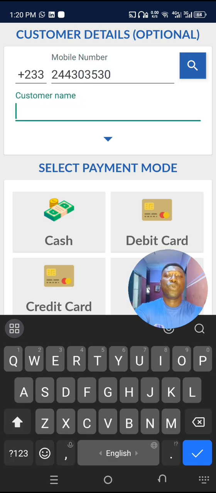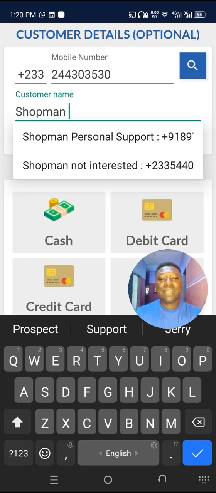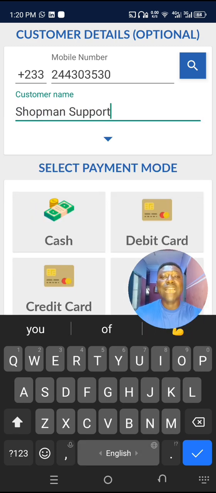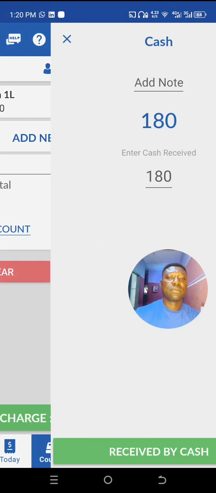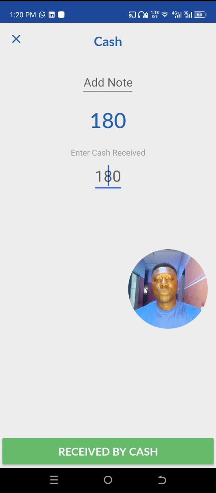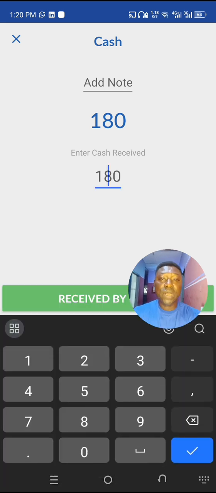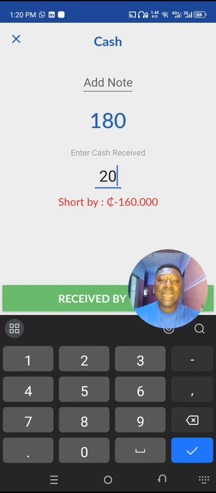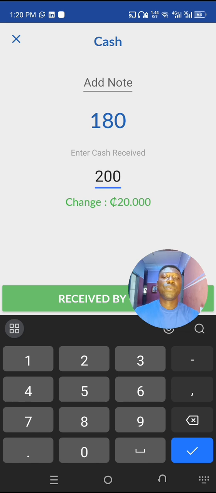So you enter the customer name. Let's call it Shopman support. In your case, you enter the actual name of the customer here. We sell by cash if we are receiving it by cash. Now receive by cash. Maybe the customer gave us 200, so we enter the money the customer gave us. We give him a change of 20 cedis, so we receive the sale